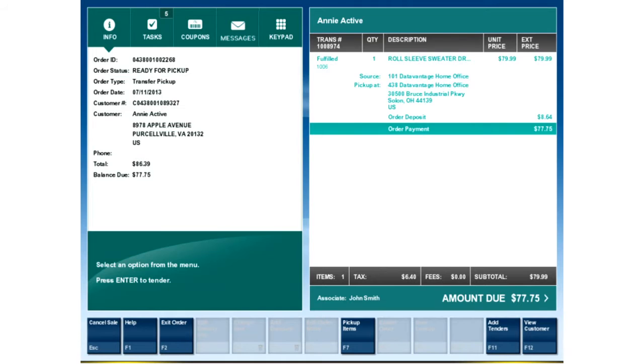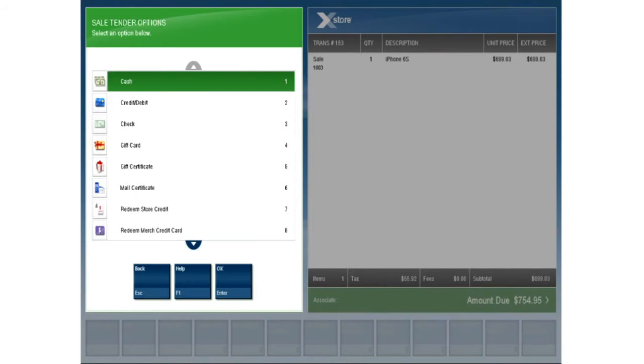So now consider the customer is in the store, and now he wants to pick up the order. He or she wants to pick up the order. He has tried out the item. He has gone through all the features of the item. Now he wants to pick it up. So we click on the pickup button, and it takes us to the next screen, which is the completion of the order. So it is similar to the very basic sale transaction on the Xstore point of sale system, wherein you add items to the transaction and you complete it using different tender types available.